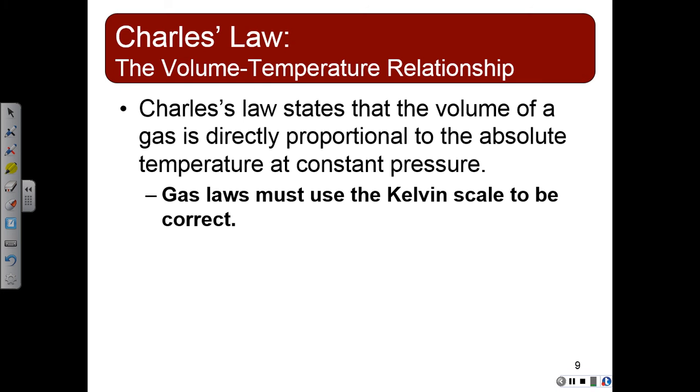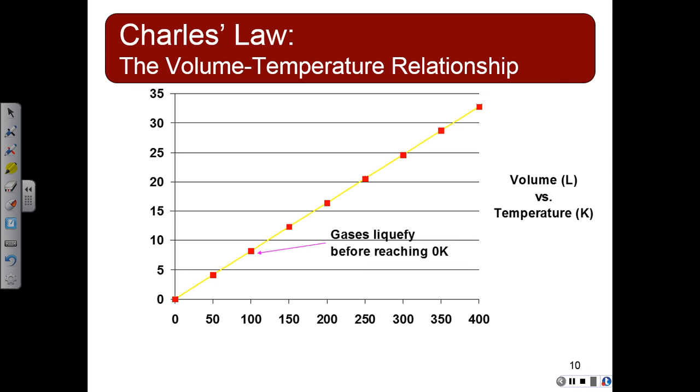Here I've said again, this is on your sheet, and up here a couple times: whenever you're doing calculations with these laws, the temperature has to be in Kelvin. Most of the time you'll be given degrees C because that's what we use in the lab. Our thermometer reads degrees C. You have to convert that to Kelvin, and just add 273 basically. This shows that direct relationship. As you increase temperature in Kelvin, you get this gradual increase in the volume.